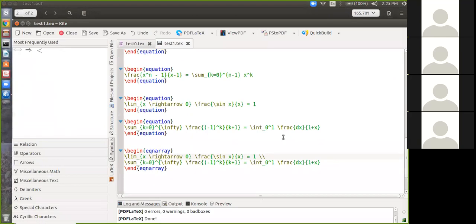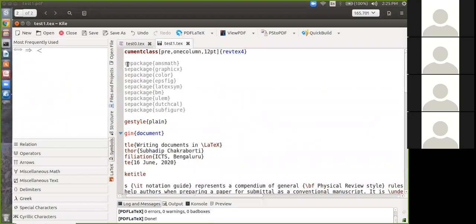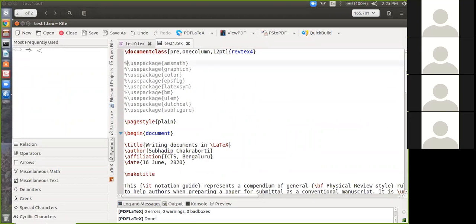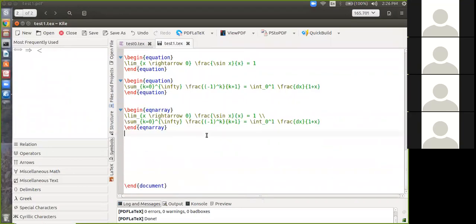To make equations, now I need to use this math package, at least to give you the no number thing. Suppose you have a large equation and you want to break it into 2 lines, but you don't want any equation number in the first line because it is not the end of the equation, right? You want the equation number in the second line. So suppose I want to break this equation.